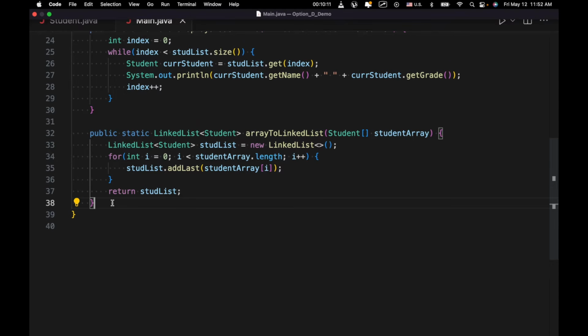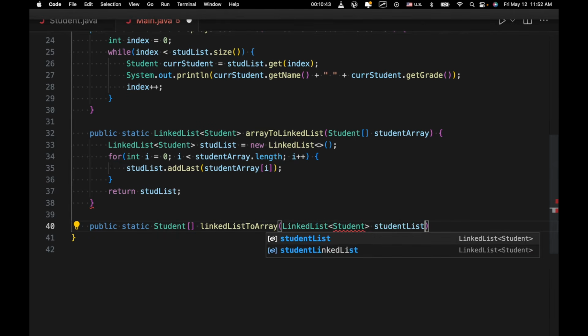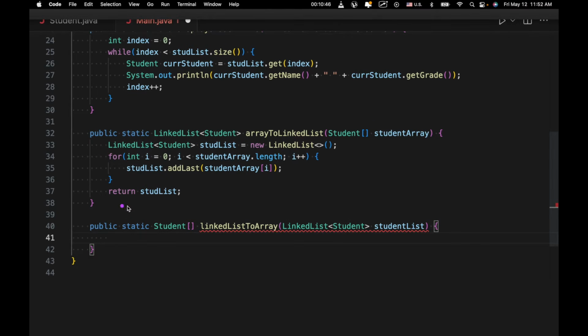Okay, so now that we've done arrays to linked lists, we're going to do linked lists to arrays. So we're going to do public static, and we want to return an array. So we're going to have an array of students. The name of our function is going to be linked list to array, and we're going to do linked list student followed by student list. So we're going to take a linked list of students as a parameter,